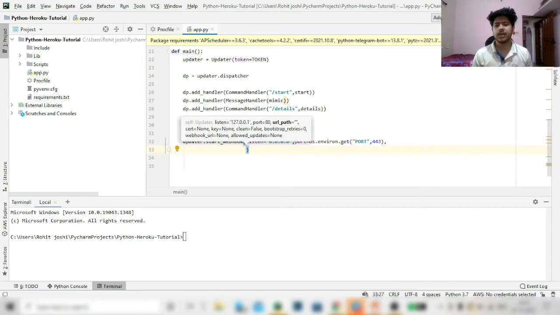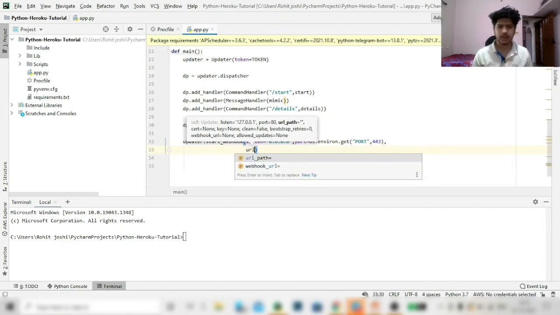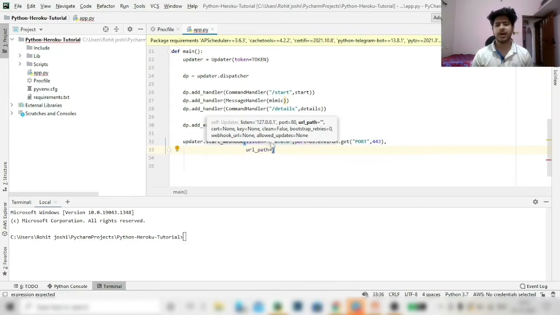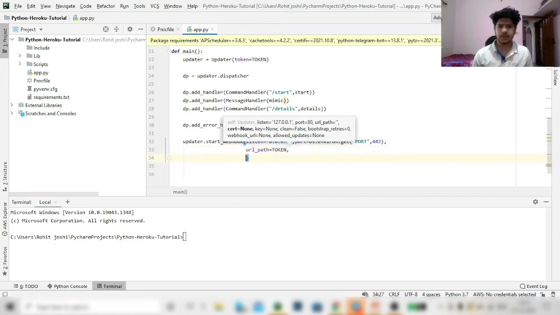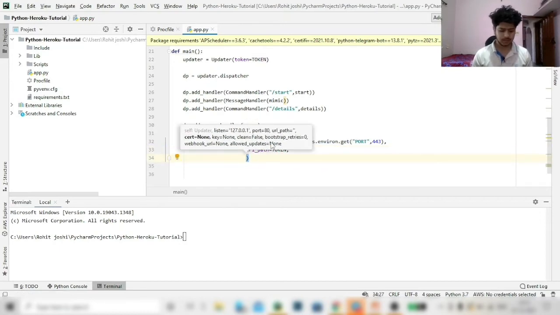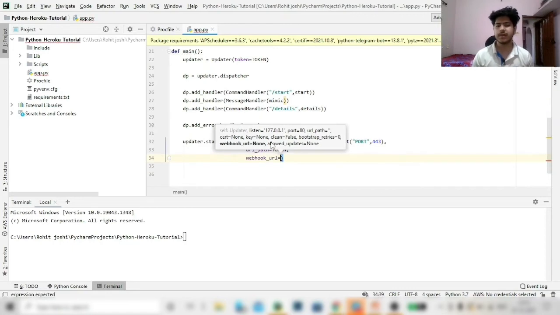Now after that port, what do we need to set? We need to set the URL path. The URL path is basically the bot token. And after that URL path you need the webhook URL. This is the URL by which your webhook will start.